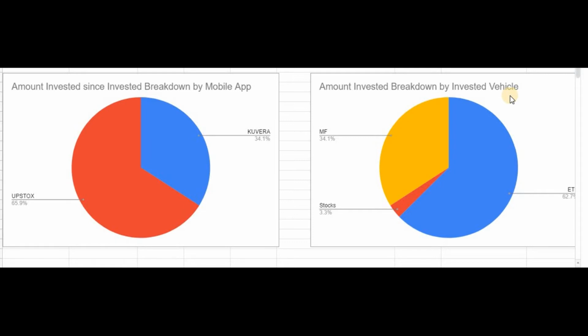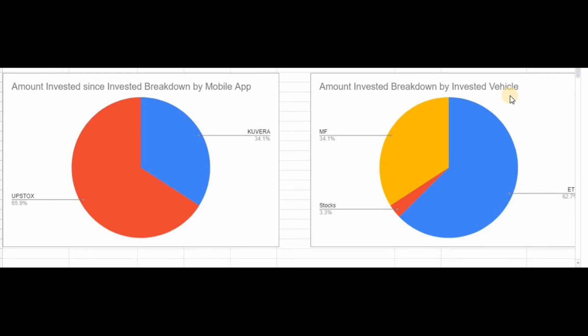So ETFs are nothing but exchange traded funds. I already said for you, ETF is nothing but exchange traded fund. It is not like your normal mutual funds. It is like a common stock in a stock exchange, and you can buy these ETFs either through a registered broker, or you can go through mobile apps. And not only Kuvera and Upstox, you have so many mobile apps.